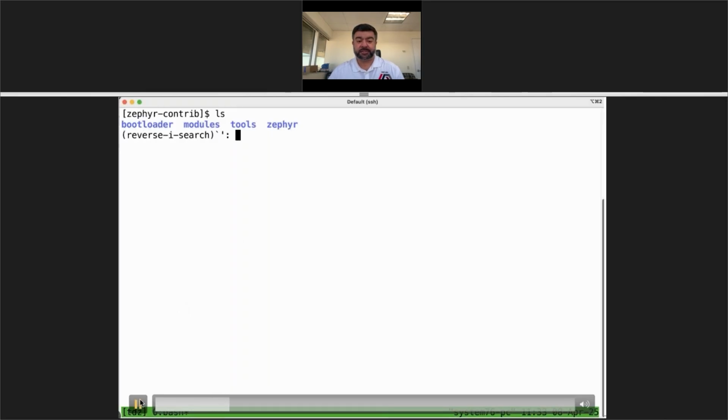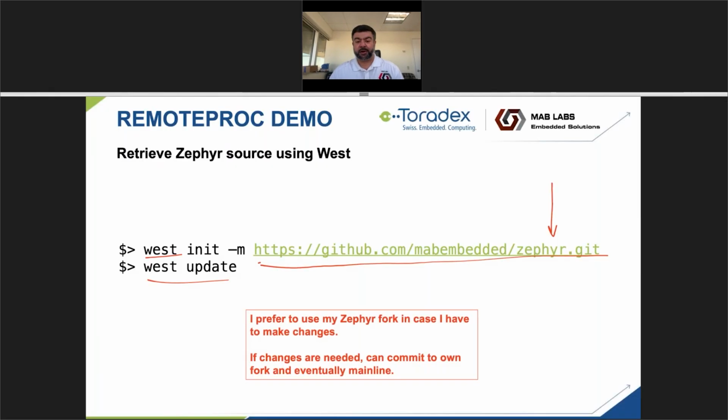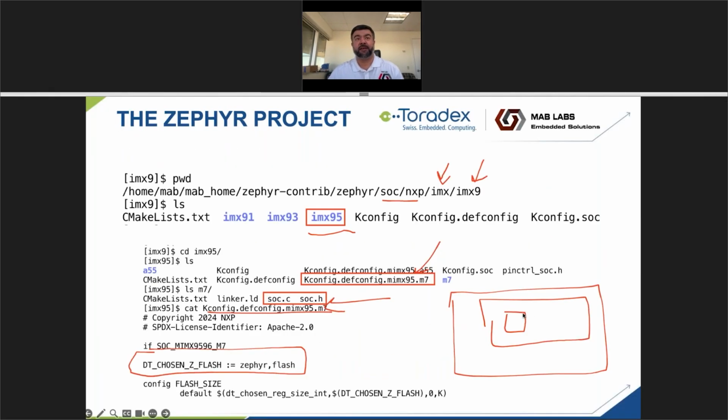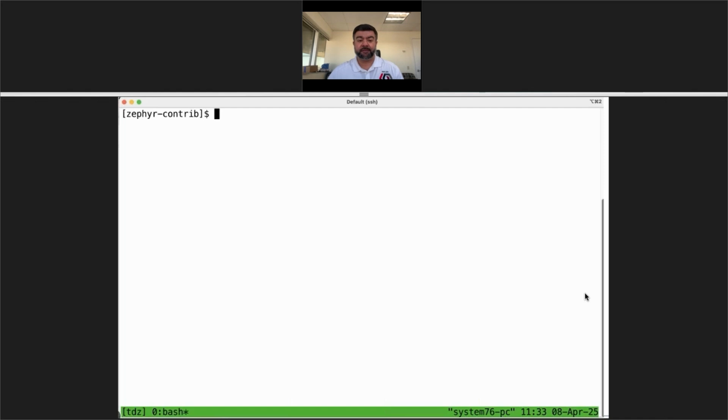So now that we understand the different directories, we can go ahead and build our example. This command is west build, and then -p tells it to do a pristine build, a clean build, and then -b specifies the board that we want to target. In this case, it follows that square architecture that I was mentioning here, where we have,